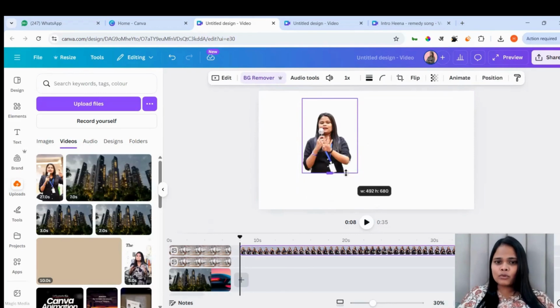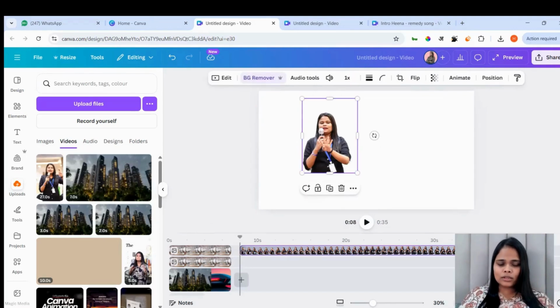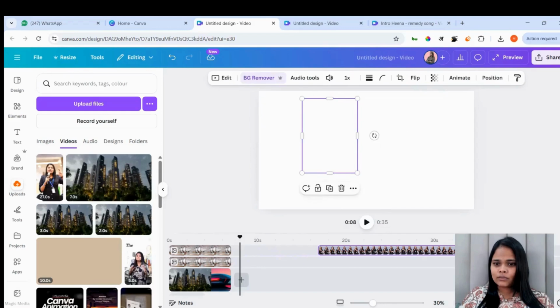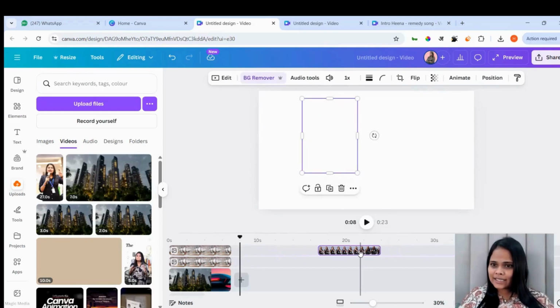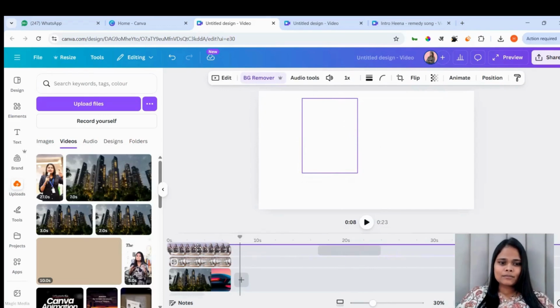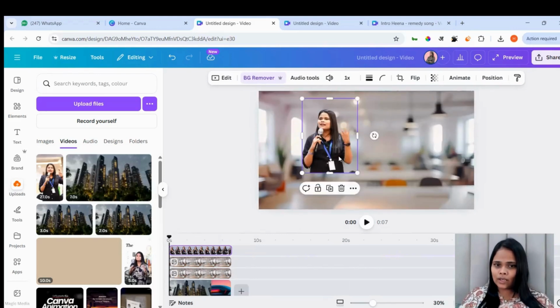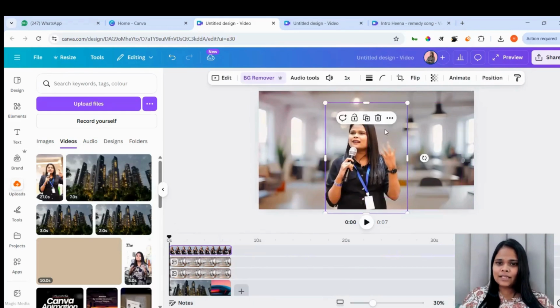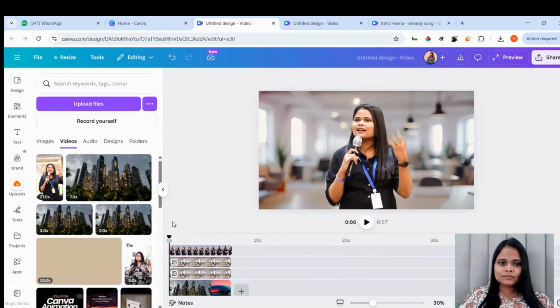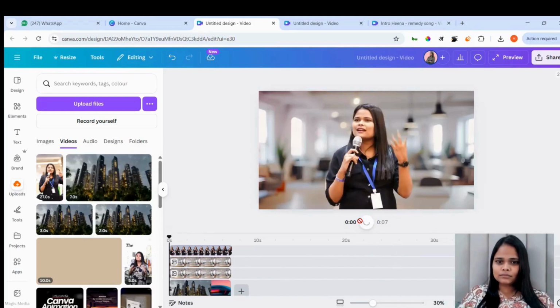The background is removed. Okay, now choose the duration of the clip you want. Like I just want 4 or 5 seconds from here, like a total of 7 seconds. I want a 7-second clip. Okay, you can adjust it and then bring it right over here. So I've adjusted our clip and brought it over here. Now make it bigger, place it in the center like this, right? I'll just make it a bit bigger. We have our clip. Now when I play it, if you see,